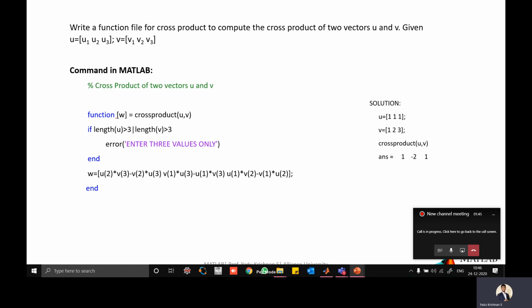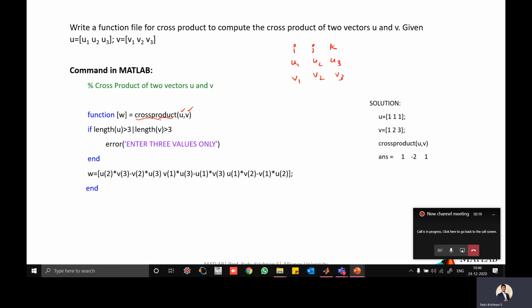So here, if you look at the function, these are your input arguments u and v. These are 1 by 3 matrices, because you have i, j, k, right? Three things are there. This is u1, u2, u3, v1, v2, v3, right?